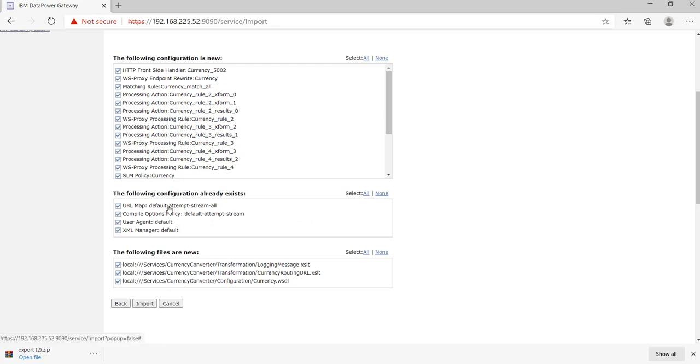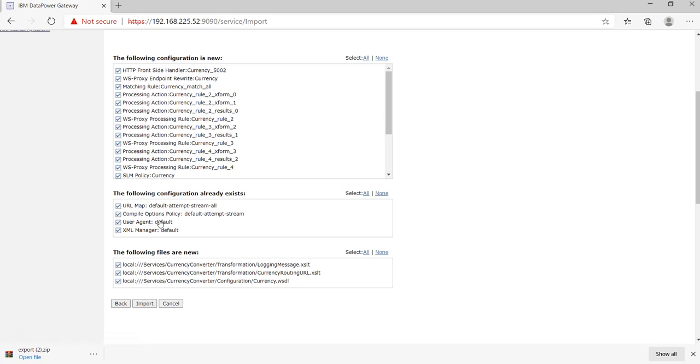If in that domain, like in test1, we already have these objects and we customized them, we should not select these objects. But as per your requirement, if you customized them already in that domain and you want to make changes in this domain also, you can select that object accordingly.